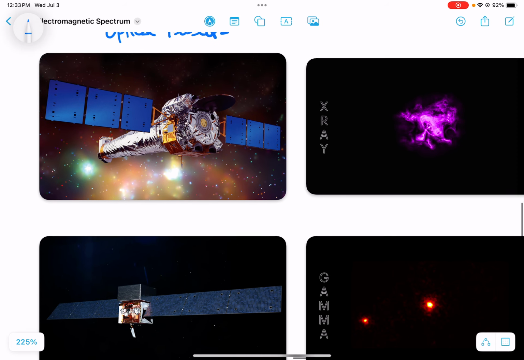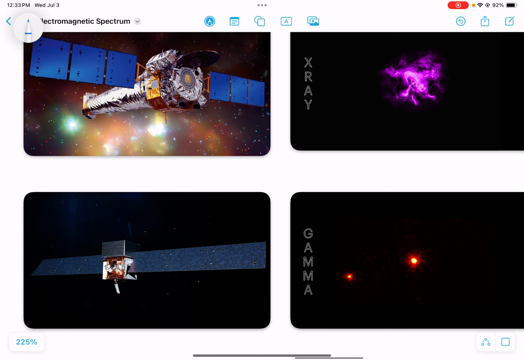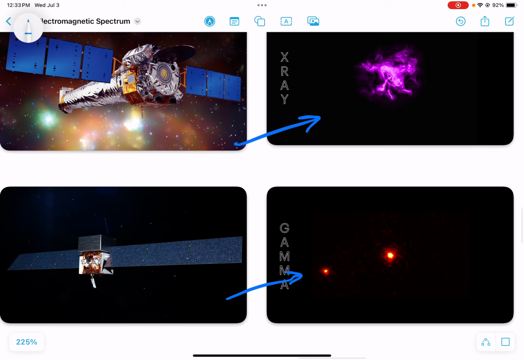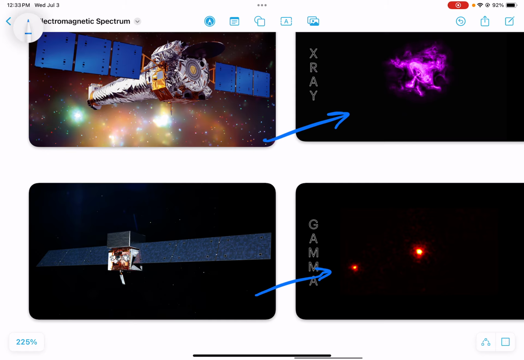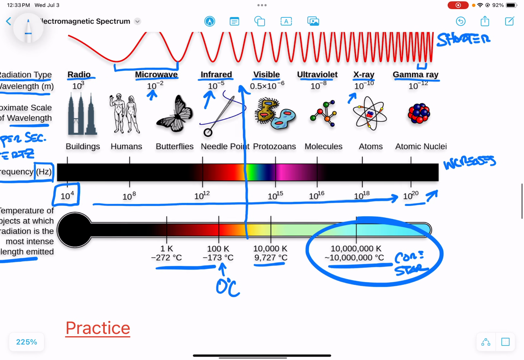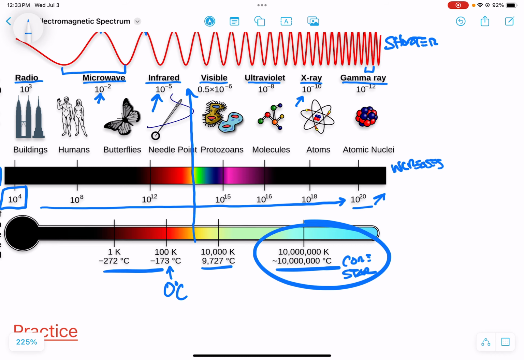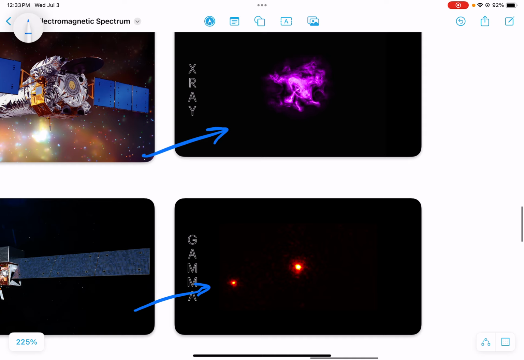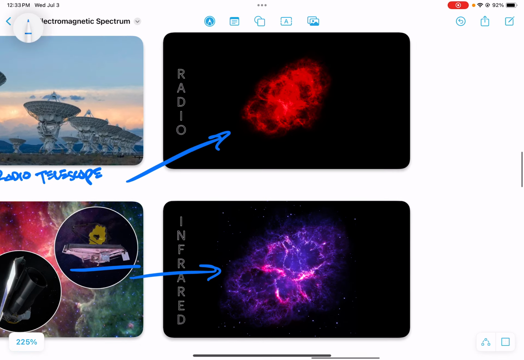Our final 2 are the X-ray telescopes and the gamma ray radiation, okay? And you can see yet different patterns of light. Very little gamma radiation is coming off of the Crab Nebula, and that suggests that perhaps the Crab Nebula is not very hot. Remember before that we looked at how the temperature of the object can produce higher frequency, higher energy forms of radiation, okay? So by comparing the different types of light,